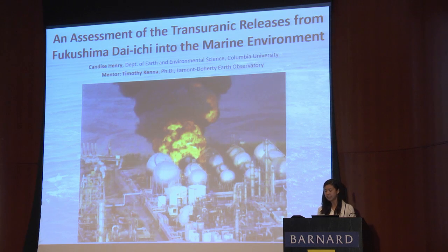Fission products such as cesium-134, 137, and iodine-131 were detected in the vicinity. However, little is known about the transuranic component of the releases, such as plutonium and neptunium. Through ICP-MS, gamma spectroscopy, and an N-member mixing model, we are able to determine the amount of Fukushima-derived plutonium in our water samples. From this, we are able to estimate that 8 × 10⁹ becquerels of plutonium was released into